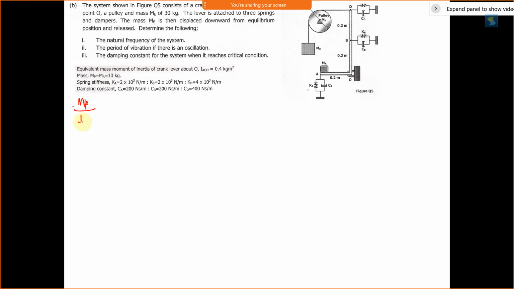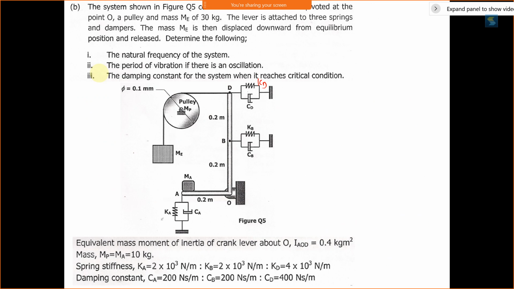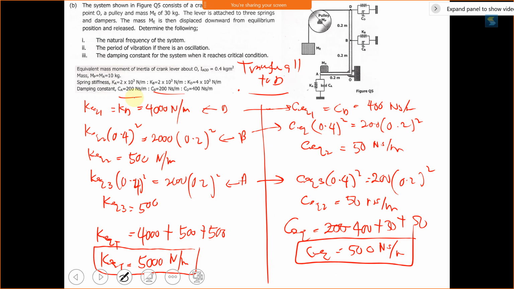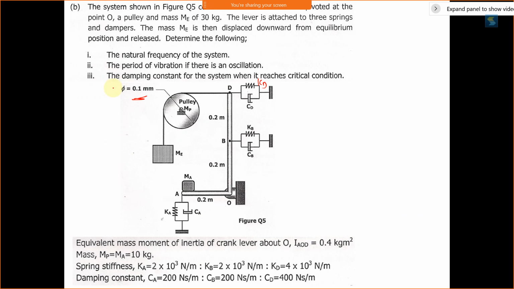For mass P, 1/2 MP is 10 times the radius. What is the diameter? 0.1. Sorry, this is the diameter, so convert it to radius, 0.05